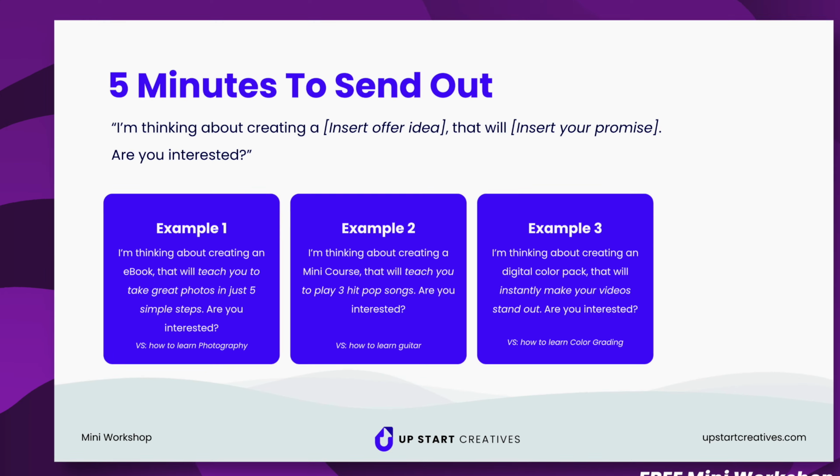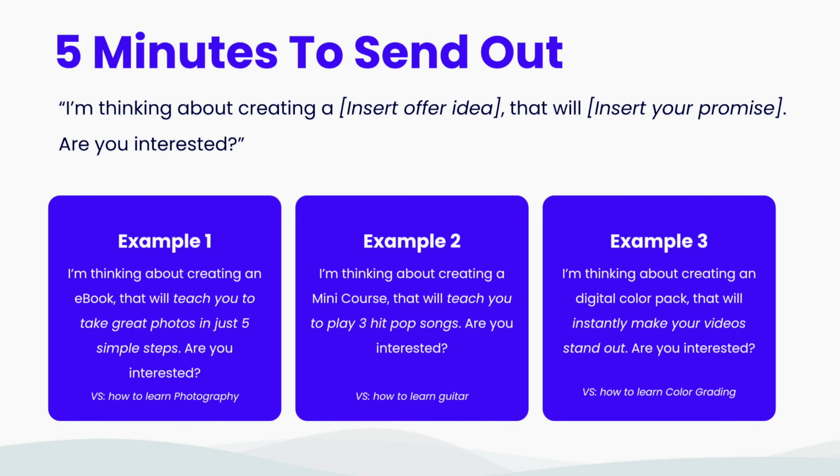Now, it needs to be presented in a way that is a quick win for people. So by this, I mean, don't make an ebook and make it about something really generalized like photography. Make it something that's specific to that. For instance, how to take a portrait photo using these 5 settings. So this is something that now you've taken from a very broad topic to now solving a very specific issue. And this is something else that a lot of people don't get right when they're creating their own products.